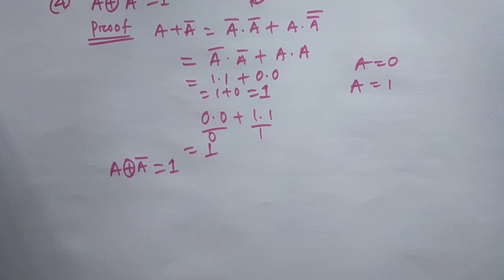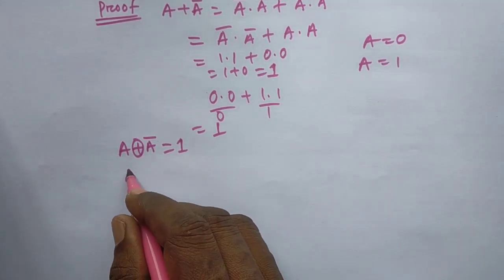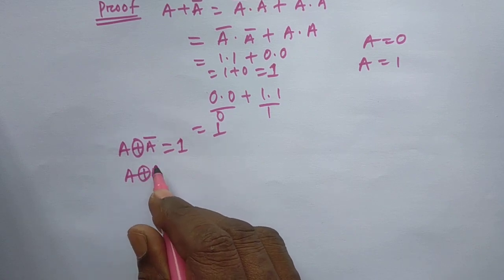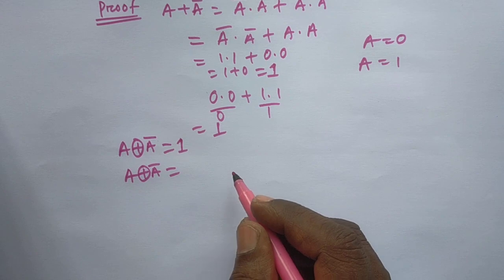Another way, a very easy way, we can also prove it. This is one concept. Another concept we can also prove, like A plus A XOR with A complement. What is the result? We can write it like